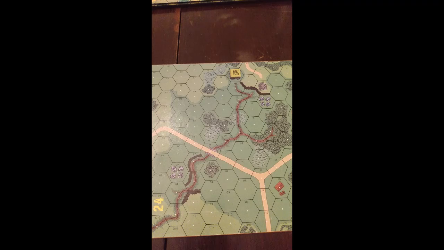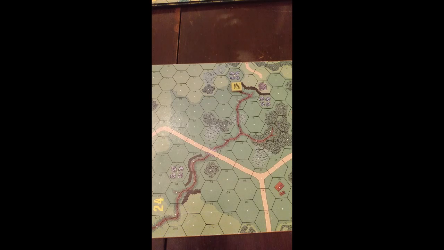We don't have any penalty or bonus for going in lower elevation. Then we can move into H2. This would also be 2 movement factors because we're entering that gully. Now here we have a choice to either continue in the gully, if we were going to go to I3 over here, for 2 movement factors, or we could leave the gully by moving to G3 over on the other side, and that would also cost 2 movement factors.